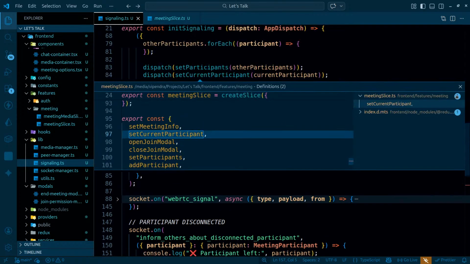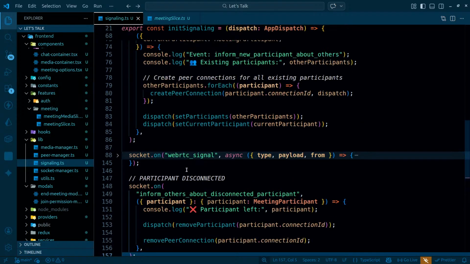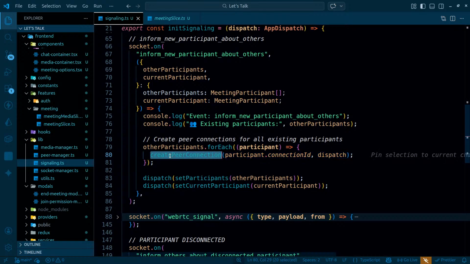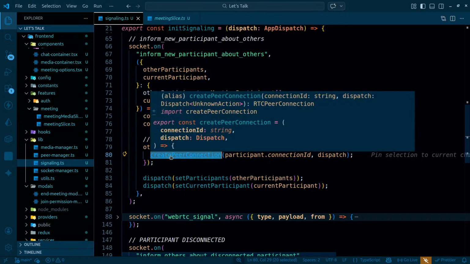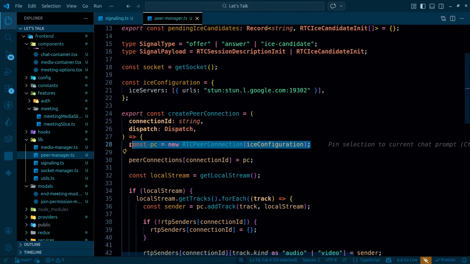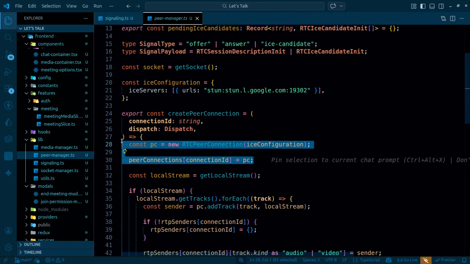I'm missing something. Close this. Whenever a participant joins, at that time I'm going to be creating the peer connection, right? And when I create the peer connection over here, once this peer connection is created, this is set. So whenever a new person joins, I need to create new peer connections. When two people joined, one more peer connection got created, and that worked fine. But when the third person joined,